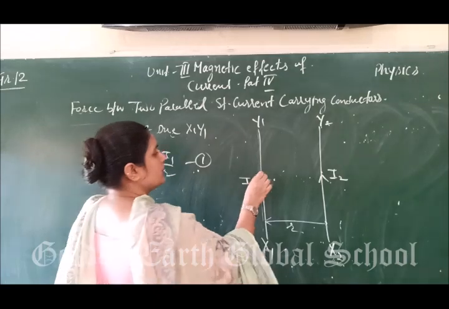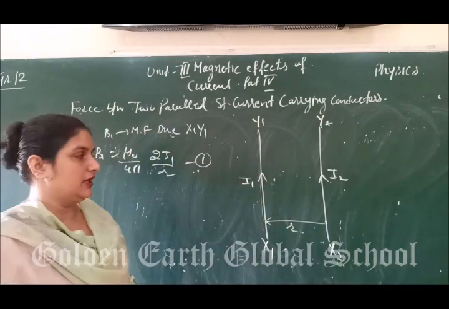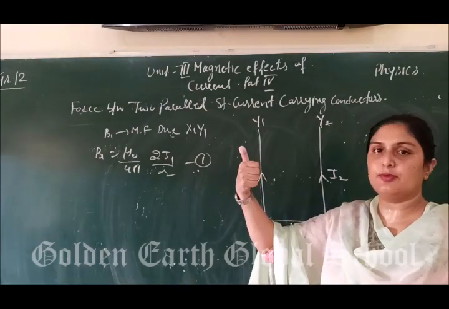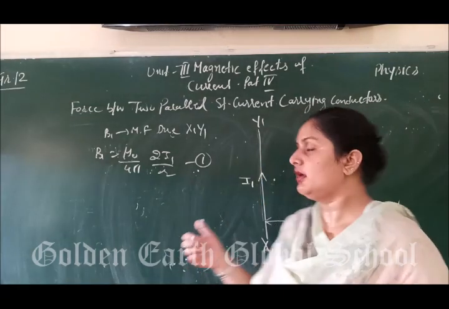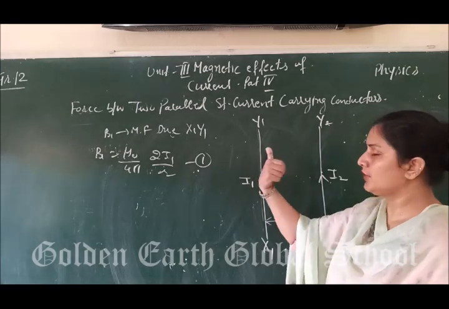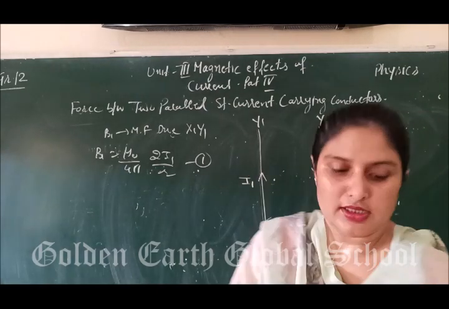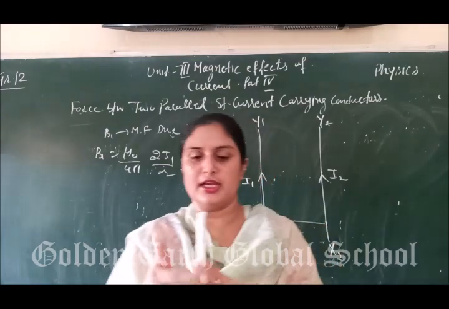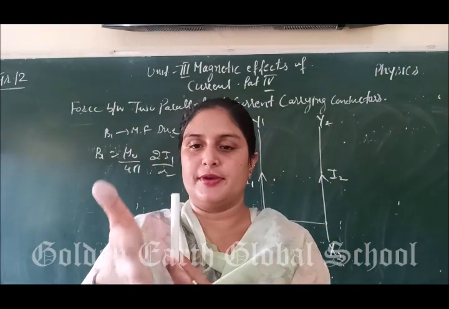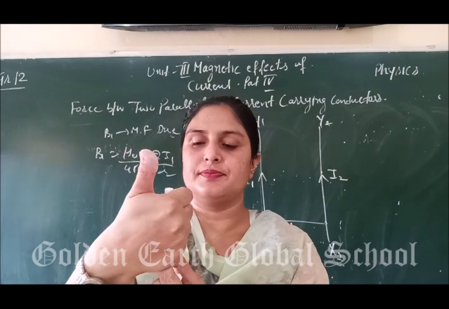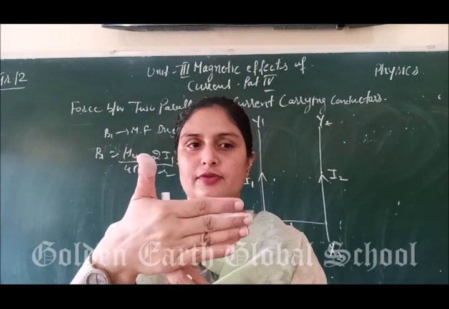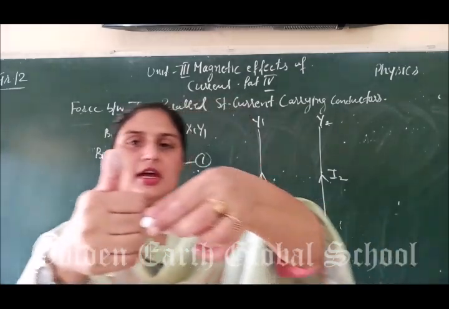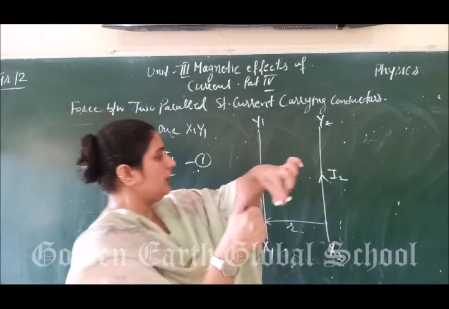Now firstly we should calculate the direction of the magnetic field. The current is flowing in the upward direction. If I use the right hand thumb rule to find the direction of the magnetic field, the fingers are going to curl like this. In this case, this chalk is representing the straight current carrying conductor. Current is flowing upward, so the fingers are curling like this. So the magnetic field lines are anti-clockwise, and at this point the tangent is going to be inward.